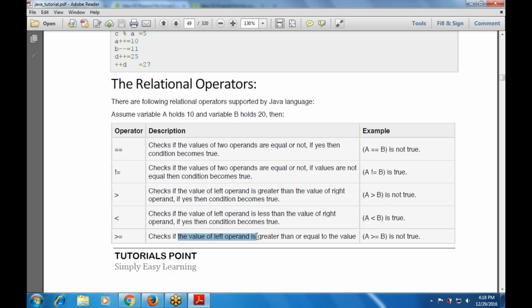Then check if the value of the left operand is greater than or equal to the value. This is the greater than equals to sign. That means we are checking the equality as well as the greater than. The left hand side operand is either equal or greater than the right hand